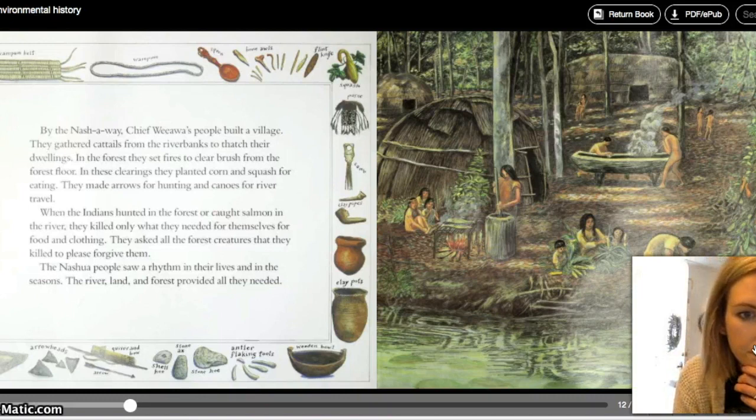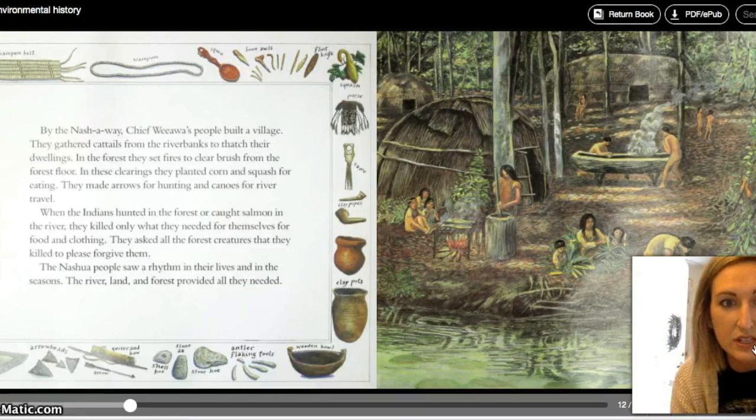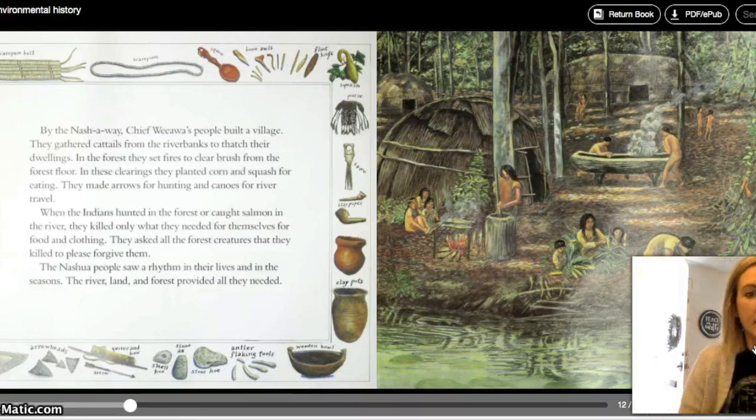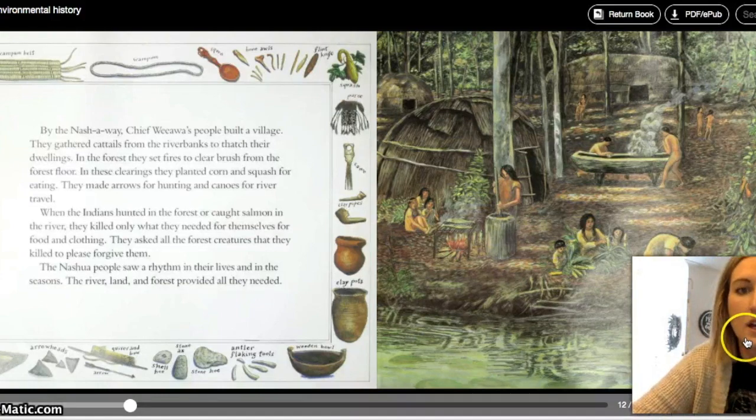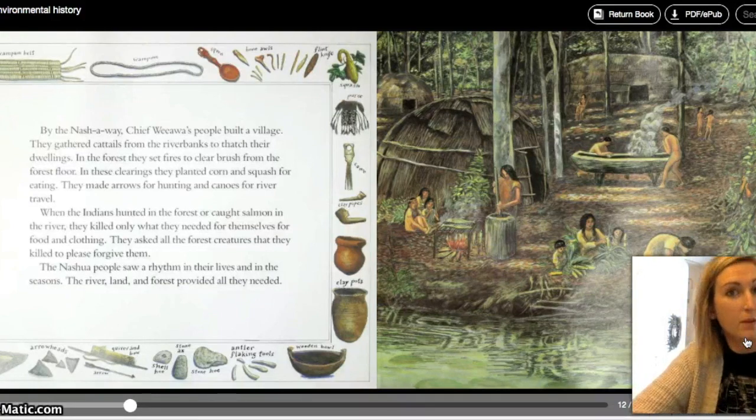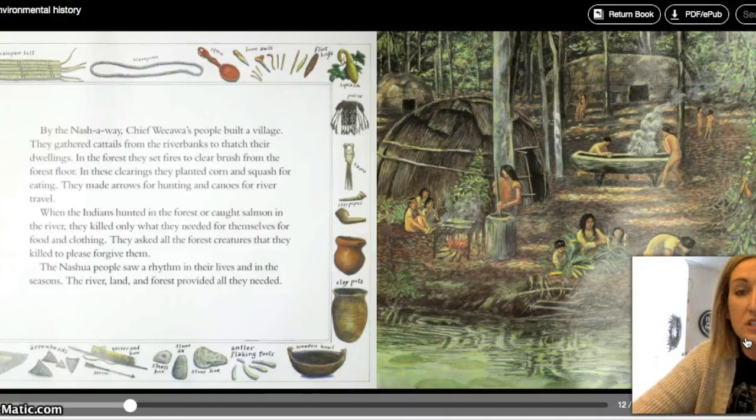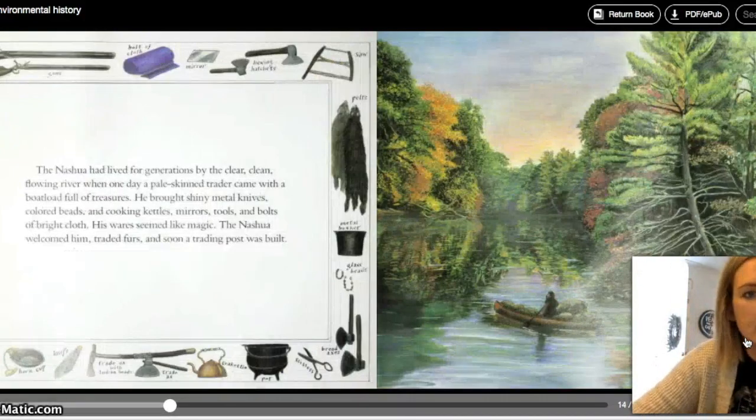Oh, look, antler. It said they used the entire animal, they'd use everything they needed. So antler, they made tools out of deer antler. That's fascinating. All right, I am going to read you the next page to give you a glimpse into what we're going to be talking about tomorrow, but then we're going to get back to the slideshow. This is where we're going to stop today.